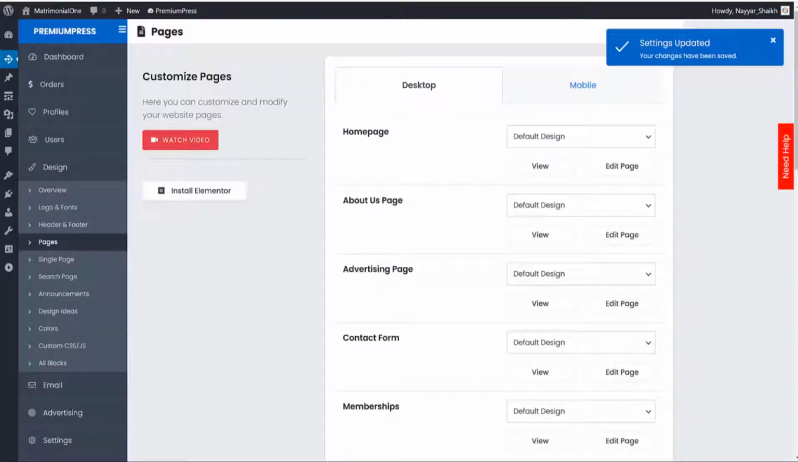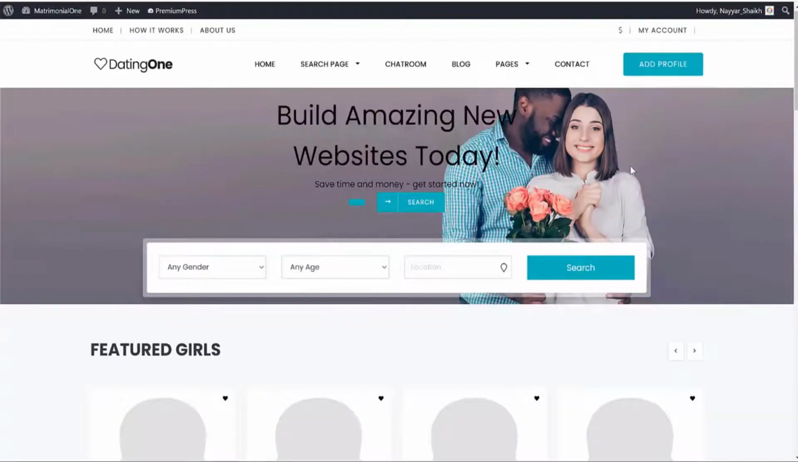Now obviously this is not the best way of creating a website. According to me, the best way to design your website is using Elementor. That makes the job so much easier. So let's first do one thing. Let's install Elementor. So to do that, you have to open a new tab and type in